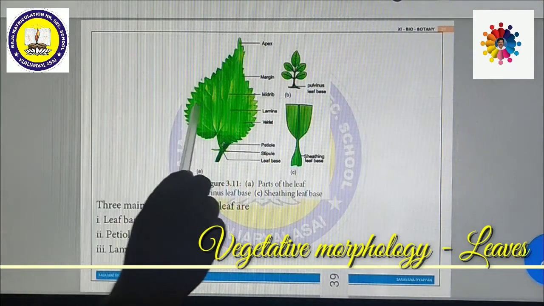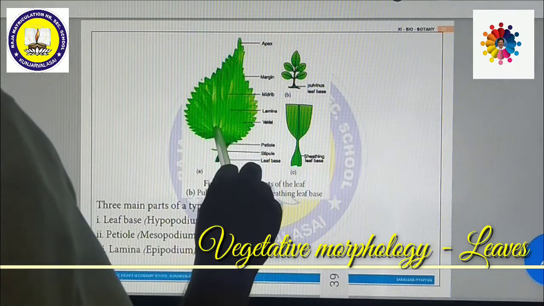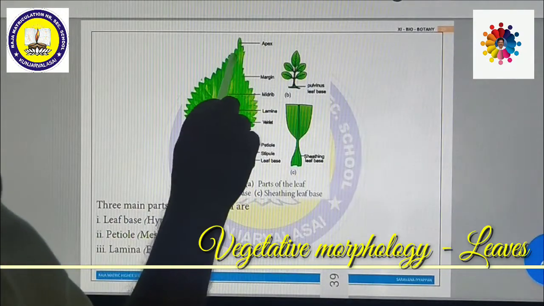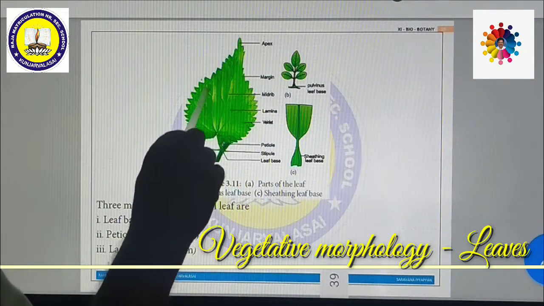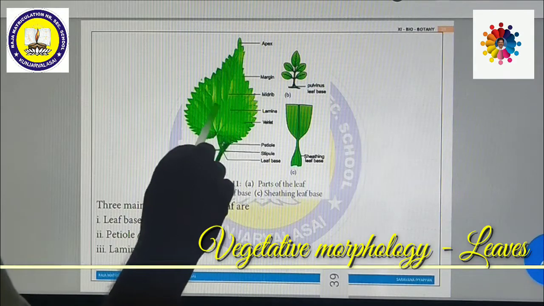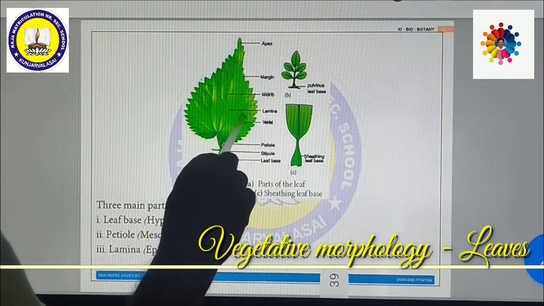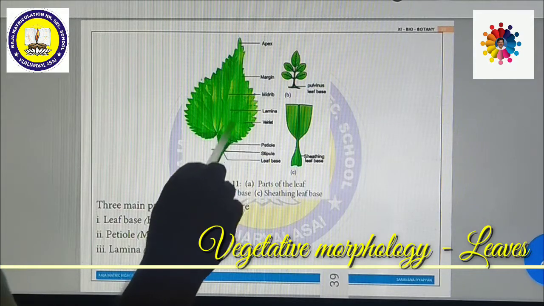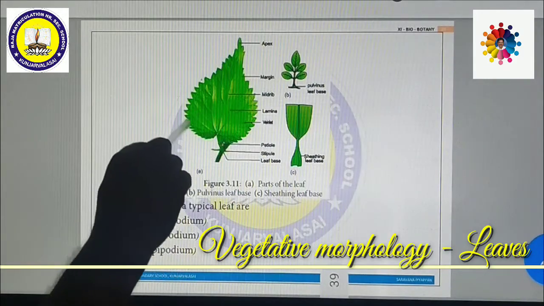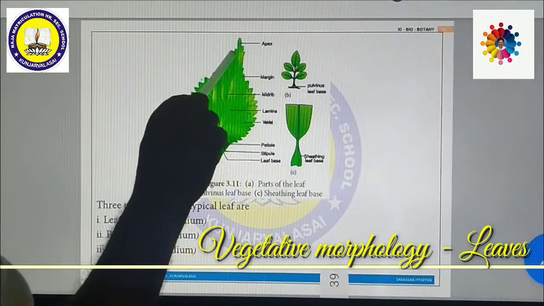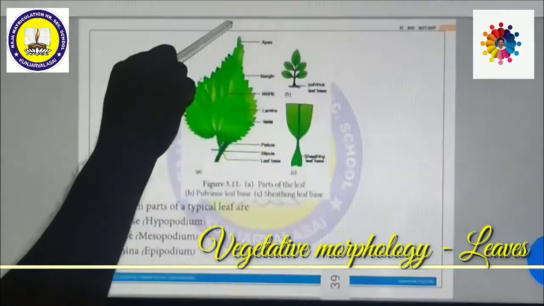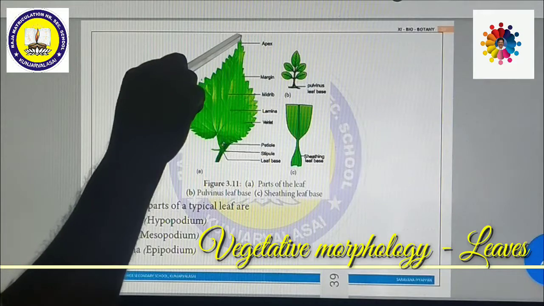If you see in the leaf, there is a main rachis in the middle. This is called midrib. The midrib has various branches. These are called veins. Veins have further multiple branches. These are called veinlets. The plate-like structure is called the lamina. So this is leaf margin. The leaf margin will be different in different types of leaves. So this is leaf apex.